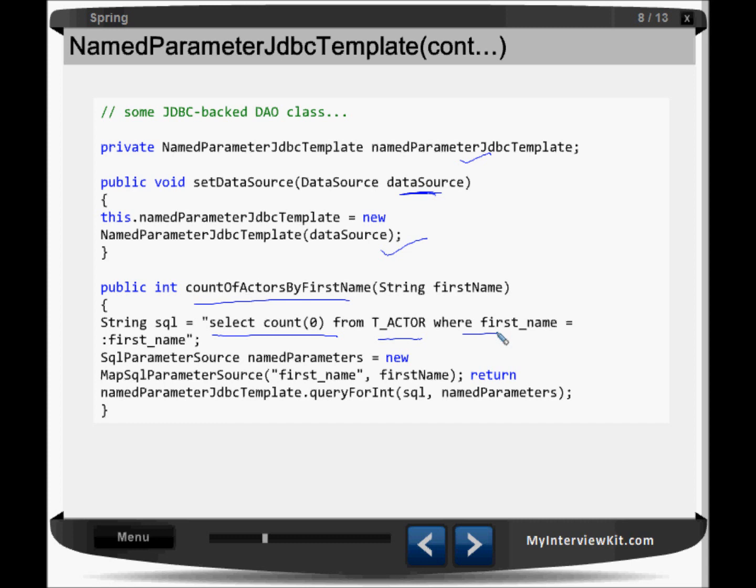Now we are setting that parameter; that first name will be the name which we pass here. So this is my statement where we set this name, and that first name will be replaced with this first name. The named parameters we have passed here, and that will get executed. So here we are not using a question mark. Instead of that, we are using named parameters, and we are replacing the parameters with the specific values.